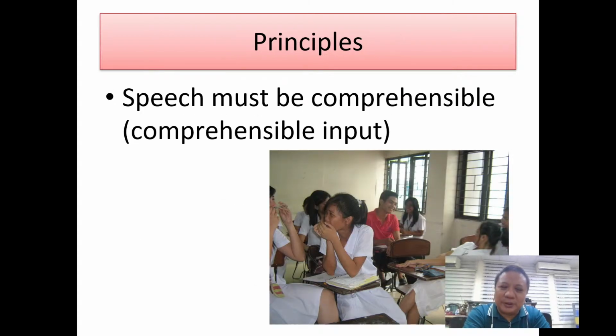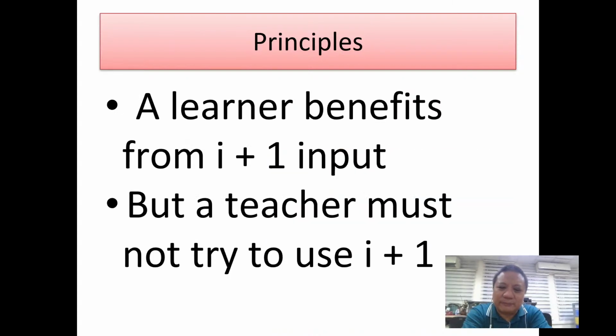Also, another important principle is that speech must be comprehensible. It's comprehensible through extra linguistic content. So when you say something, you include other clues like your hand gestures or facial expression in order to provide extra linguistic signals. That helps make speech comprehensible. And when speech is comprehensible, you're able to process it and learn from it.